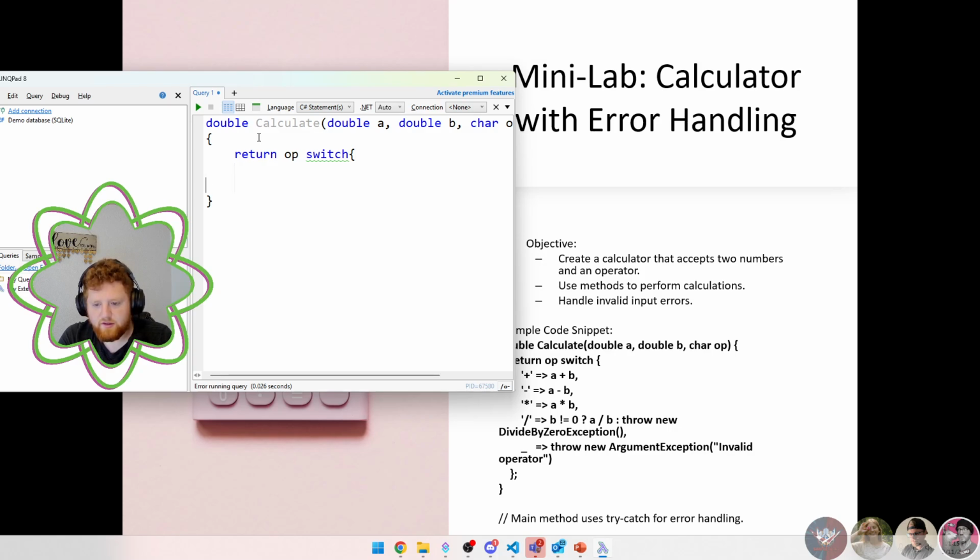This is a different way of doing switches, by the way. This is all syntax sugar. Plus, and then this lambda thing equals B, and then we can do